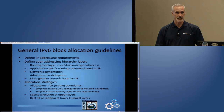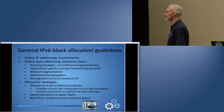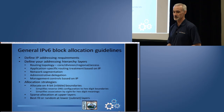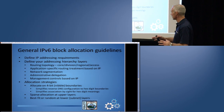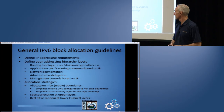In terms of allocation strategies, I think, again, the common or recommended approach, that I haven't heard any diversions from, is really the nibble boundary, again, for readability, as we saw in the example, but also for DNS. So if you're mapping back to DNS domains, IP6.ARPA domains, having it on a nibble boundary is going to make life a heck of a lot easier if you're not delving into RFC 2317 style breakups of nibbles. So it helps simplify DNS and then by site